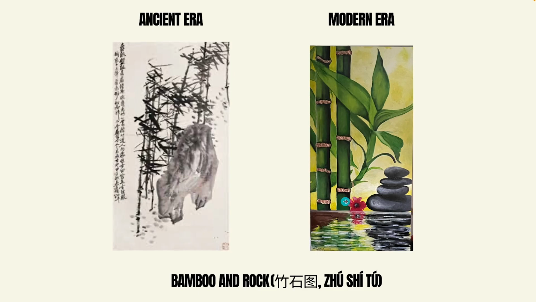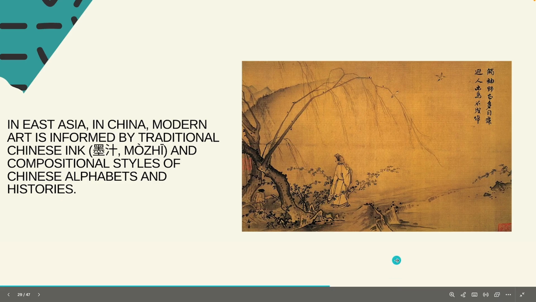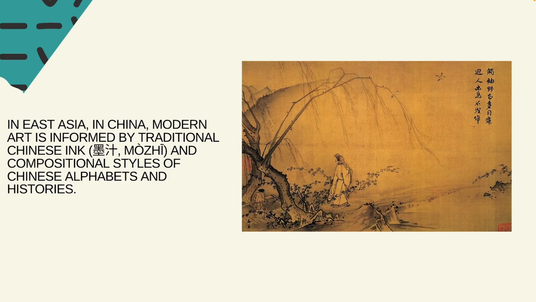The symbols that are used are very typical of East Asian culture, but there is a more modern take to it, and cultures don't grow in a vacuum, but they definitely find inspiration from around. All right, so in East Asia, in China, modern art is informed by traditional Chinese ink and the